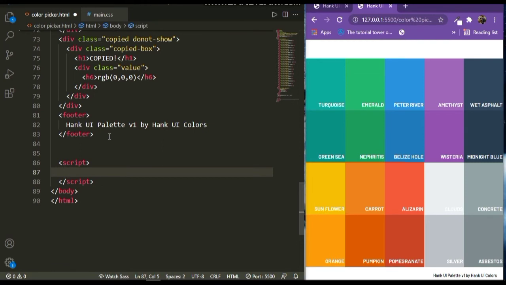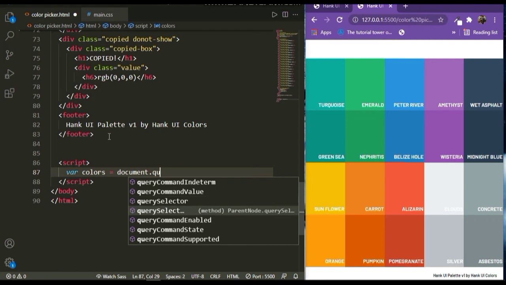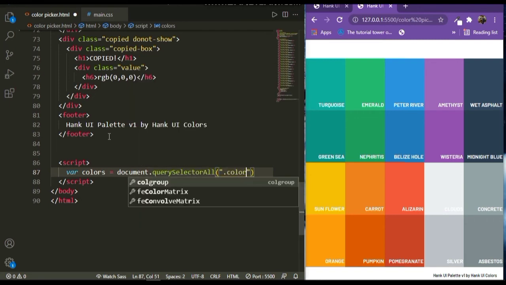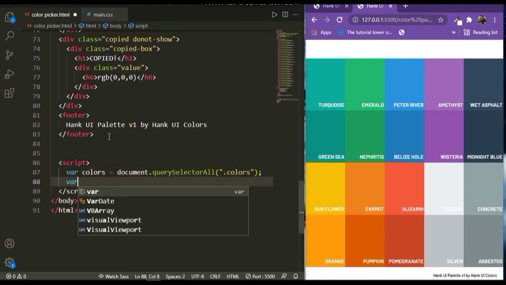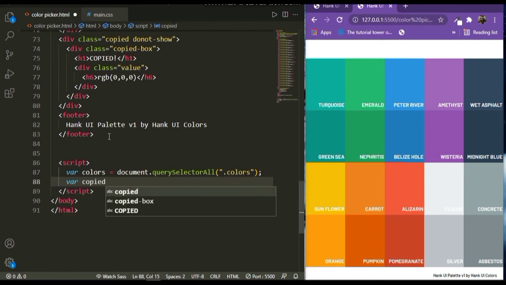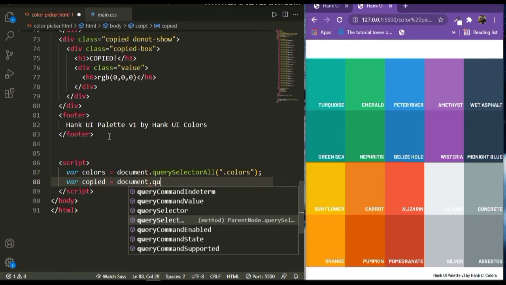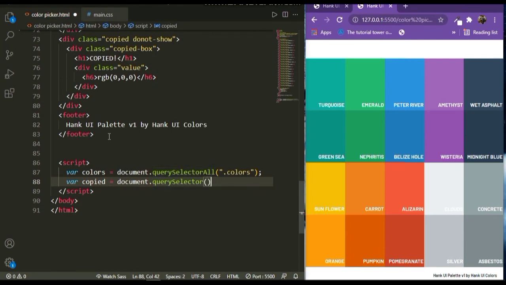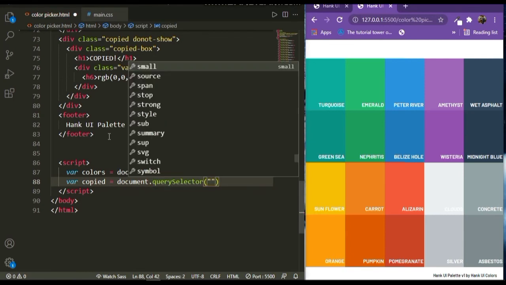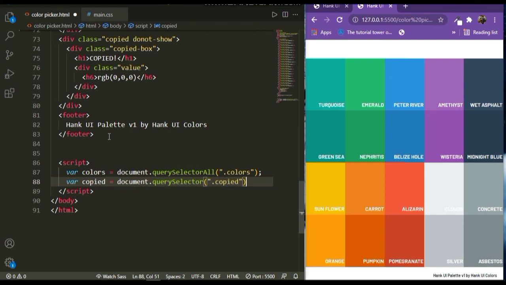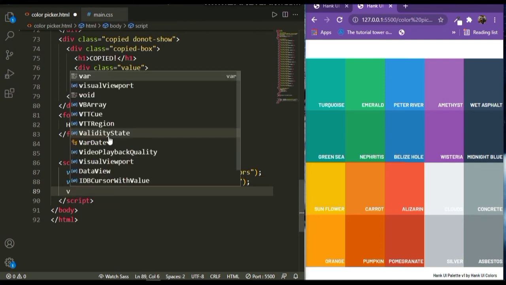So let's add in the script tag, and inside here let's get the DOM stuff. So first, create the variables. First, I'm going to get all the colors inside a colors variable with querySelectorAll, and then I'd get the copied text, which takes the entire screen, using again querySelector, and we'll store it in a variable named copied,